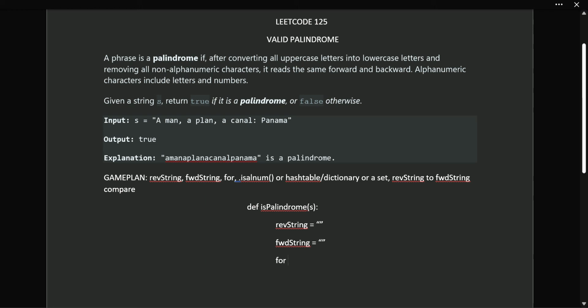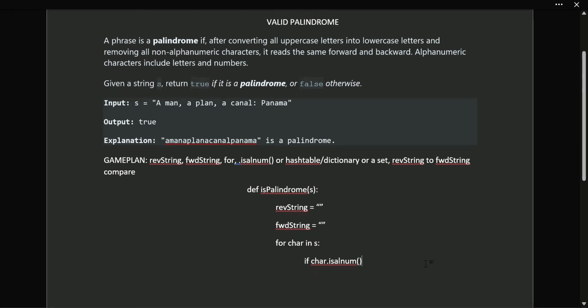until the for loop. So we're going to bring the for loop into play, and we're going to say for character in string, and then of course we need to check whether it's alphanumeric. So we'll say if char.isAlNum. And again, if you were doing the dictionary, hash table or set, you would just say if char is in it, and you'd have your dictionary hash table right up here before the for loop. But keeping it as simple as possible, if character.isAlNum, then what we're going to do is